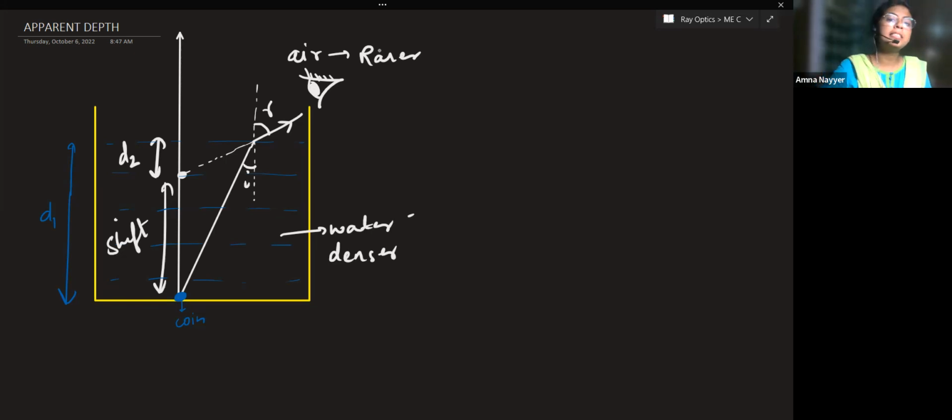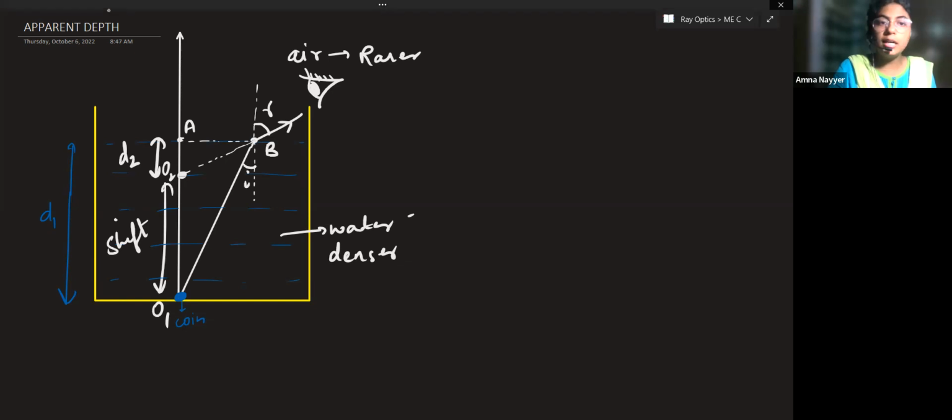Fine. So here what happened? We are able to observe this image. Let's say this is O1, this is O2. Let's name this interface as well, because we'll be needing this point A. This point I am naming as B. Now, one more thing before we start. Class, if you look carefully,